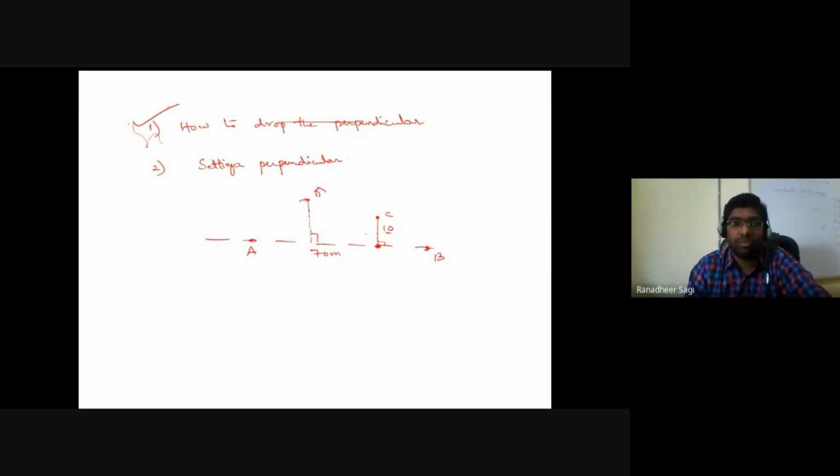That is also important. Here, dropping a perpendicular from some particular point onto your main line. And the second thing is, from the main line at a particular point, you are trying to set out a perpendicular. So both the things, how do we do that? We'll try to understand in our next class.